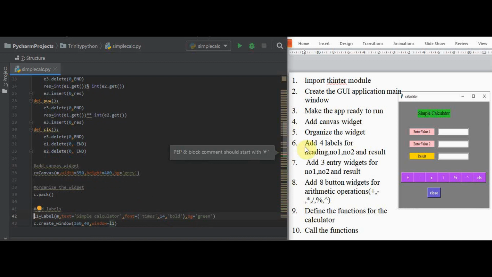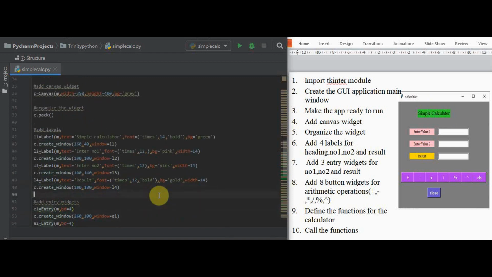Next step is to add all the labels for the heading and then enter value 1, value 2 and result. So totally 4 labels. We are going to add all the labels. I am creating 4 labels from l1 to l4, and the syntax is Label, as usual m, the main application window. Then the next mandatory thing for a label is you have to specify the text.